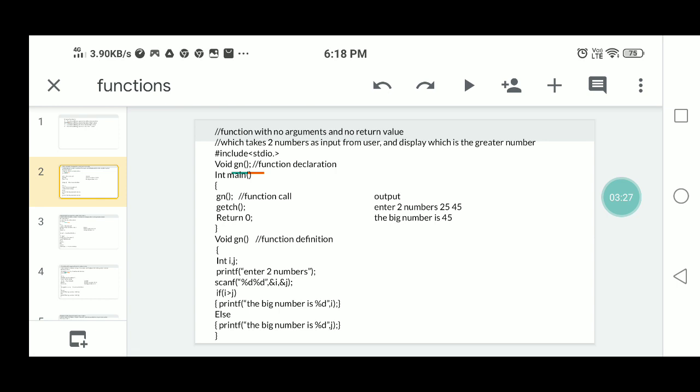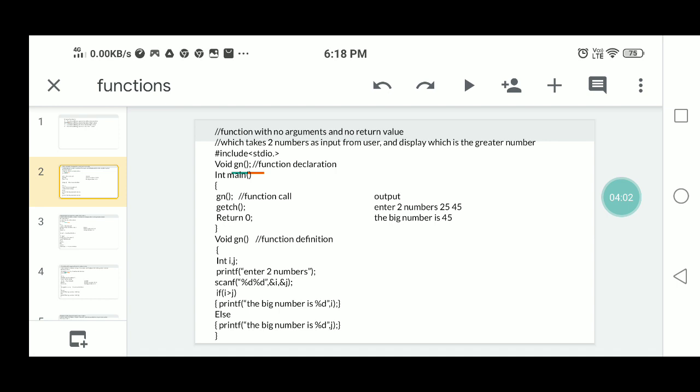Whatever statements you write in that function will all be executed by the call to gn. So you mention the gn function in main. Main is the calling function, and gn is the called function. The entire task will be executed at that place.